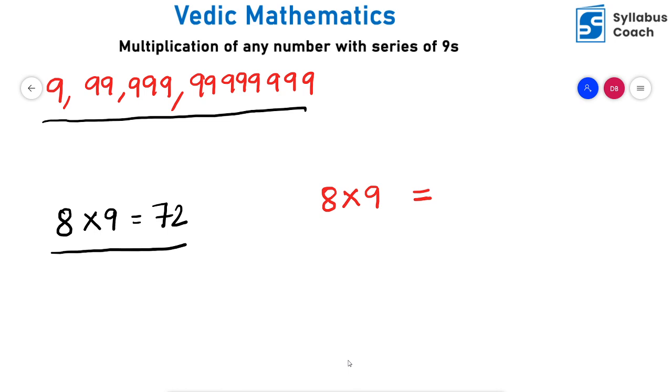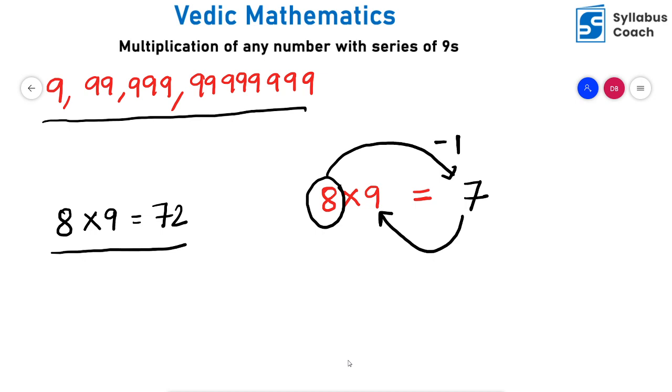What are those steps? The first step is identifying the number which is being multiplied by series of nines. In this case, what is that number? It is 8 because 8 is being multiplied by series of nines. And once you identify that particular number, try to reduce it by 1. You are subtracting 1 from that number. So 8 minus 1 is simply 7. That's the first step. And the second step is that you have to subtract 7 from 9. In that case, 9 minus 7 is simply 2. Therefore, the answer for this question is simply 72.